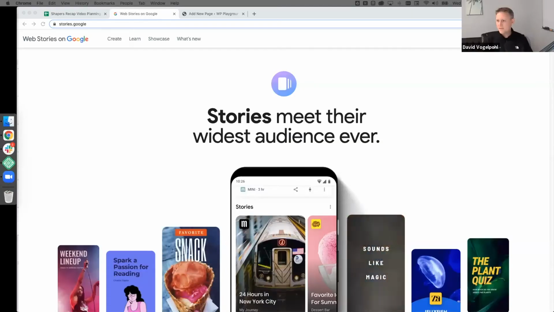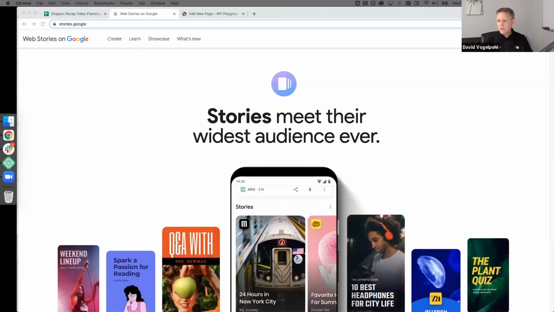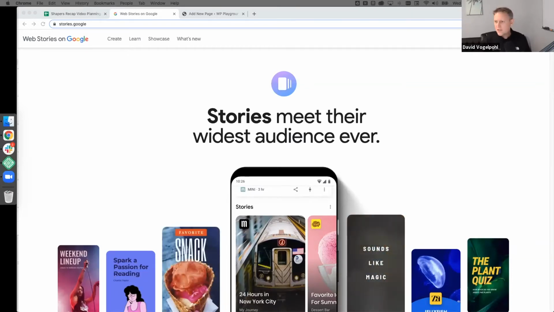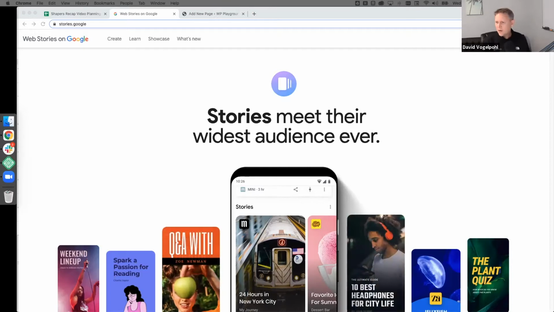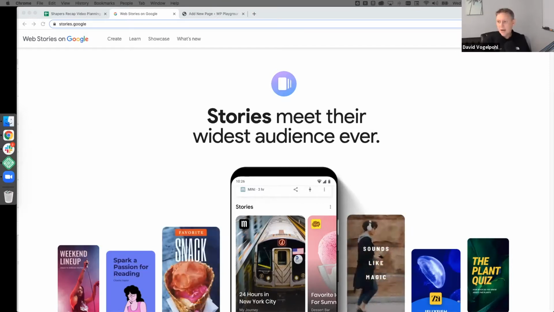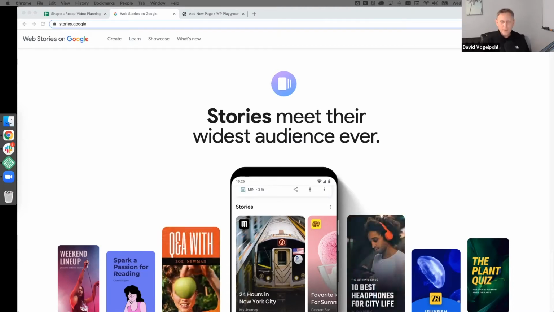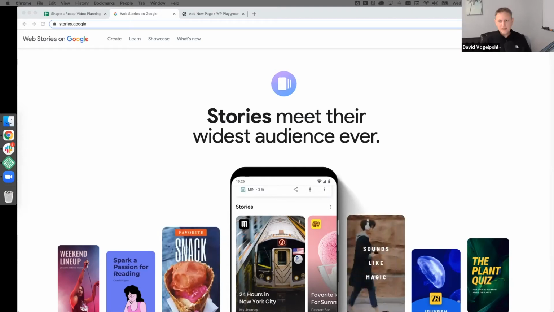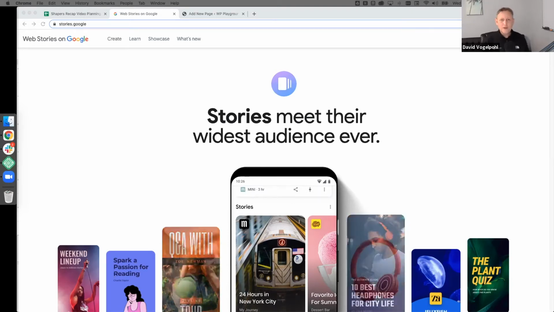All right, for the next question though, we're going to go with some screen sharing. We're going to take a look at some stuff, because we're going to talk about concepts which are visual, which you tend to do when you talk about things like themes and blocks. So the next question for the shapers is, are any of your customers asking about theme styles or options for implementing Google Web Stories?